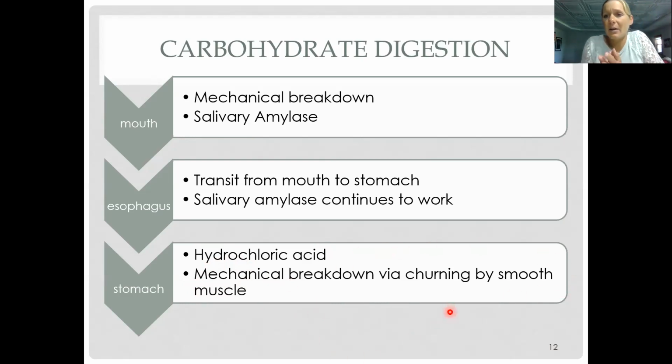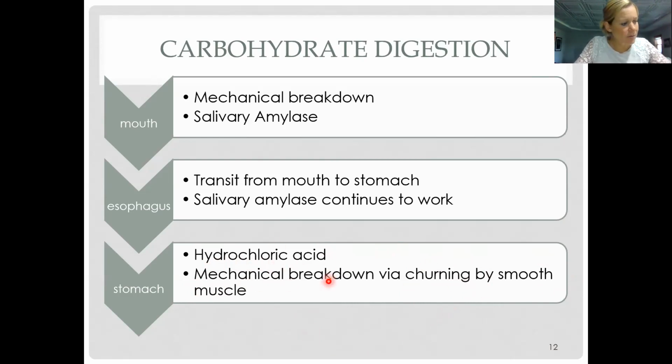And so again, I want you to imagine, if you're familiar with baking bread, if you were to knead the bread, you're kind of pushing the bread around. That's kind of what happens in the stomach with this whole process of churning. Okay, so again, imagine your stomach is like this. It's going to mush the food together basically,